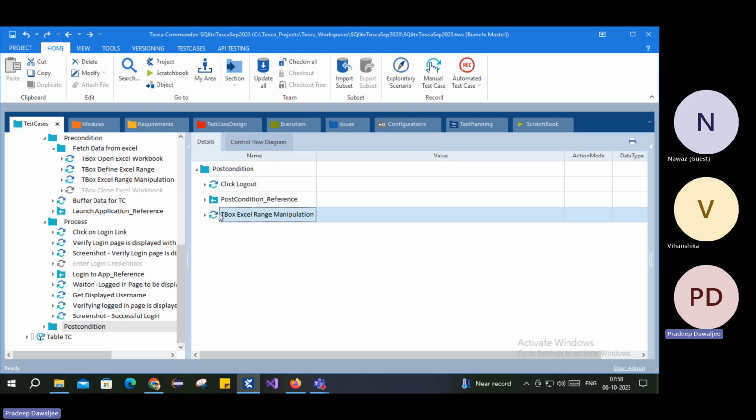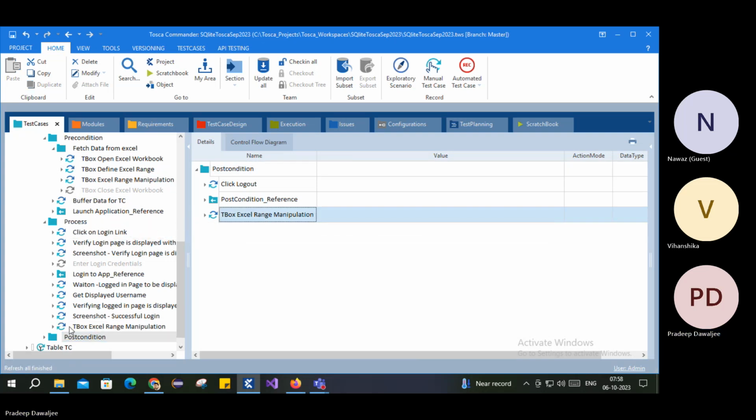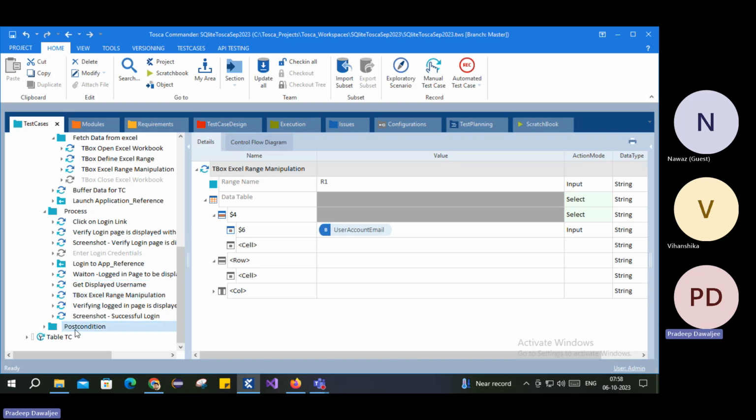So one is this. Another thing, as I said, after successful execution, I would get the value, and as soon as I've got it, I would just write it in Excel. So I'm writing it this way. And then after that part,